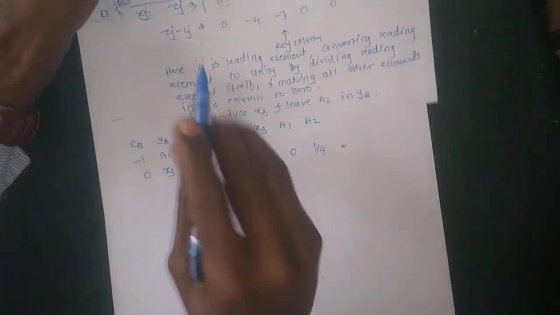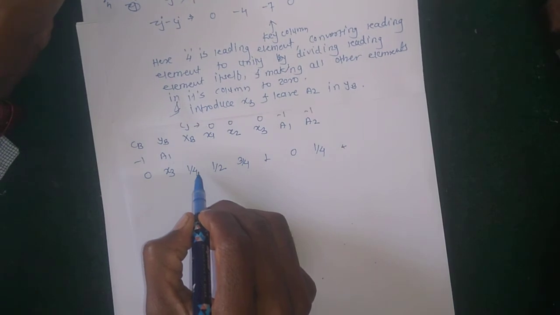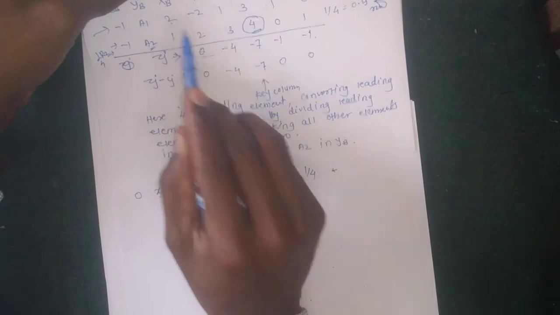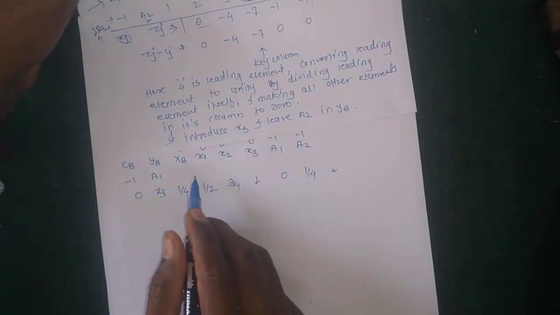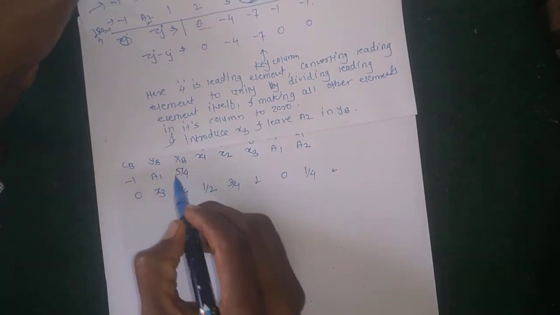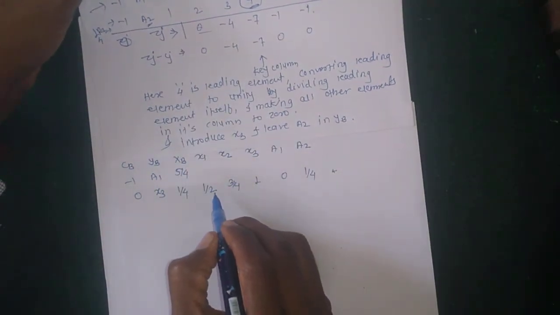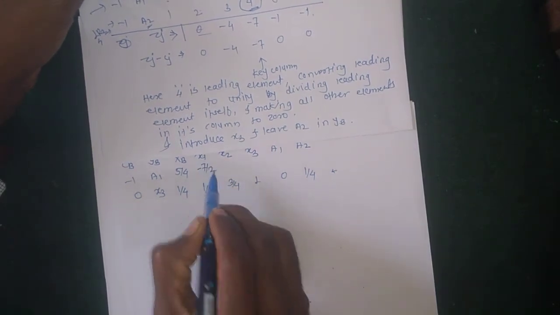Then taking this operation R1 minus 3R2. So here, 2 minus 3 by 4, 2 minus 3 by 4, this is R1, R1 is here, 2 minus 3 by 4, 2 minus 3 by 4, 8 minus 5 by 4. Okay, then second is minus 2 minus 3 by 2, which means minus 4 minus 3 is minus 7 by 2.